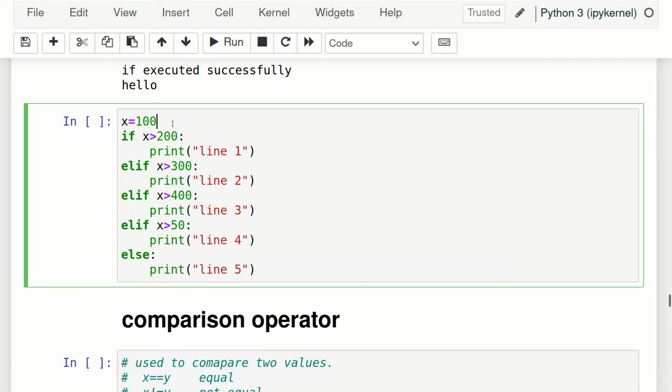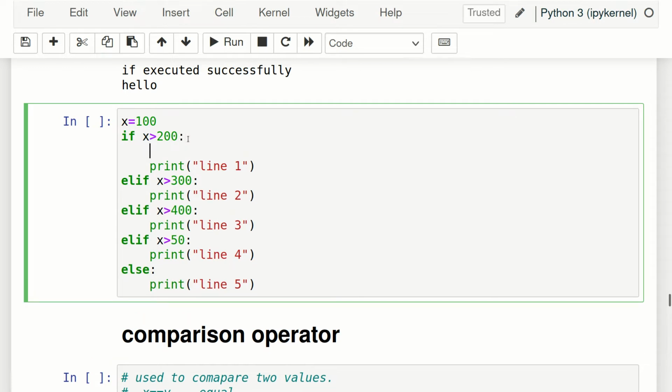Now see, the condition is the same. I have declared a variable and I have given a condition. If this condition is true, we have to move here. Now see this block, I think you must be clear. For the block you have to give this colon and then hit enter. See, by default the blinking started from here, so the compiler will do it for you. But if in some outdated compiler, after hitting enter the blinking is here, you have to make the indentation, which is a must.